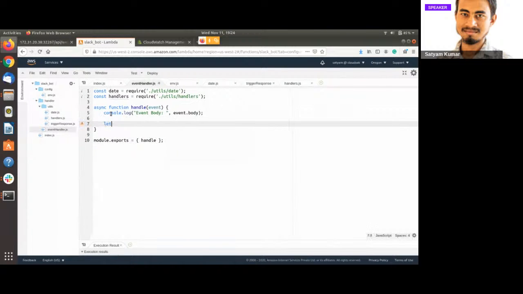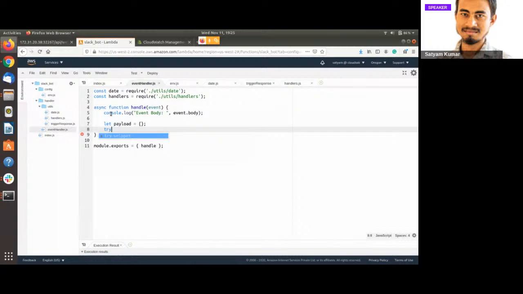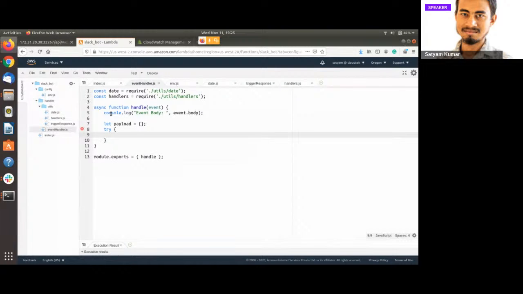Now we need to extract the payload from the Slack event. So we will mark it as an empty payload first. We will now try to extract whatever we have received. So we need to use JSON.parse. This is just parsing whatever JSON Slack has sent to us. So it will be event.body.